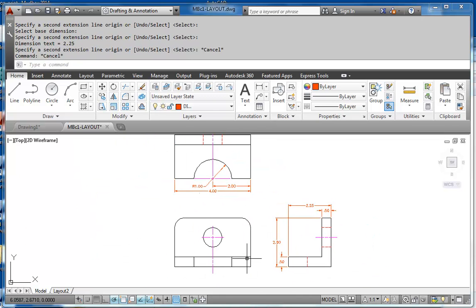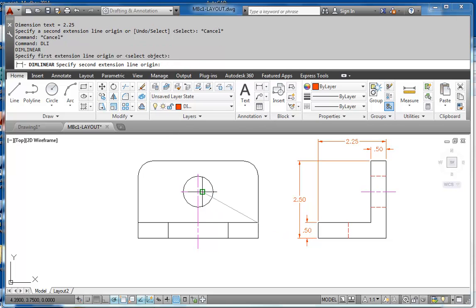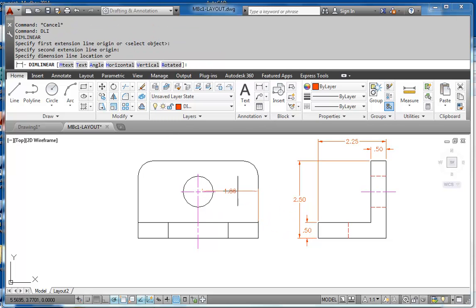Last few dimensions are in the front view, and I want them to go from here to here. Now this is one of those examples where I don't want to track from here 3/4 of an inch. I want to track from this section here. So if I use tracking from that endpoint, dragging out 0.375,